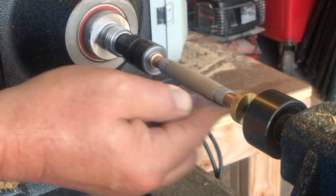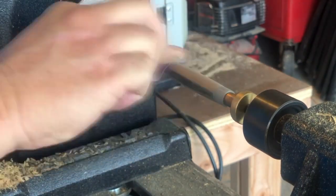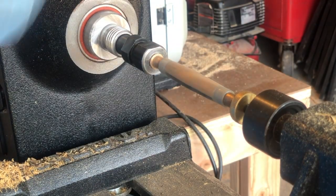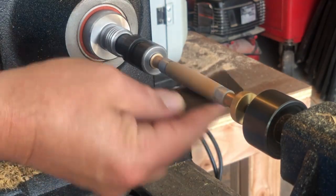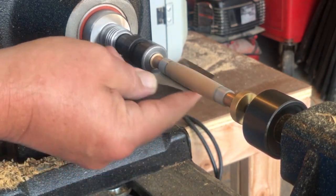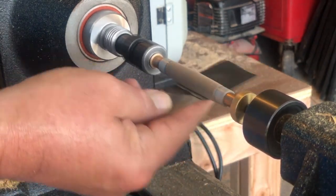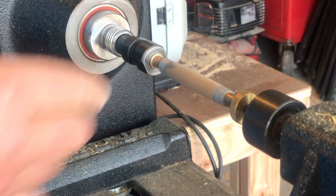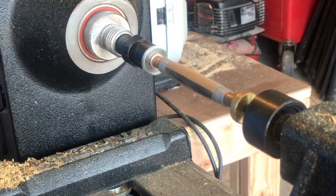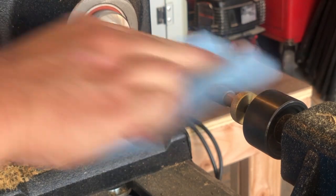Then I sanded with 300 grit, again going with the grain. Then I finished up, again, a little bit of denatured alcohol, and then I finished up with 400 grit. Able to get it really smooth, and then again cross with the grain on the 400 grit. And get that denatured alcohol, I put it on a little heavier there, and then